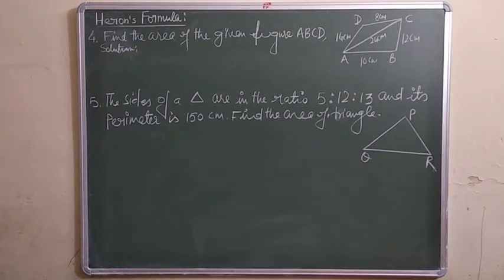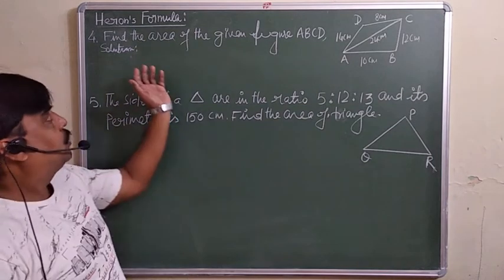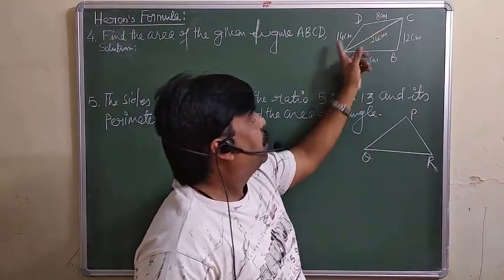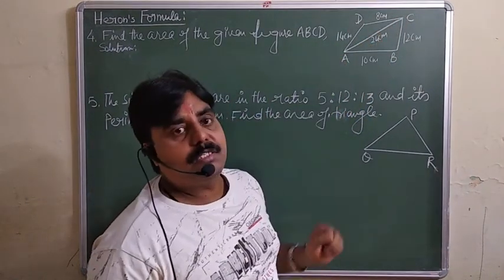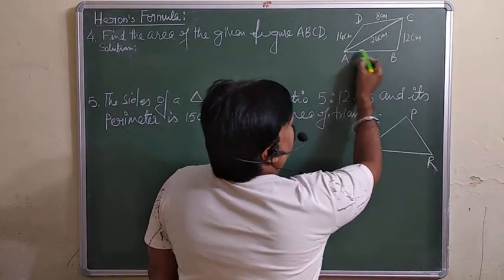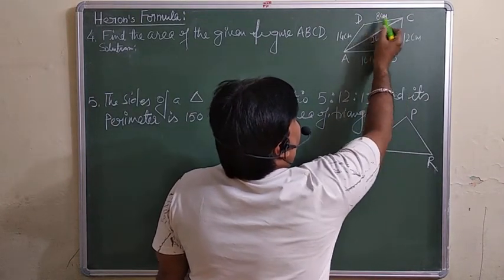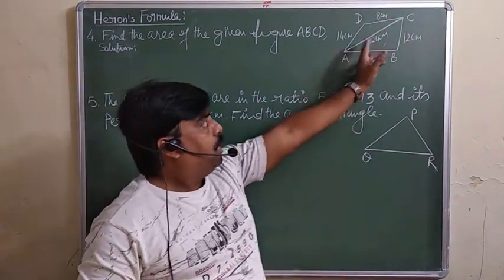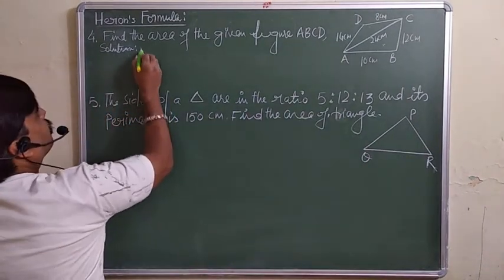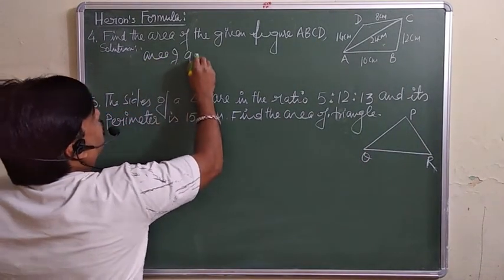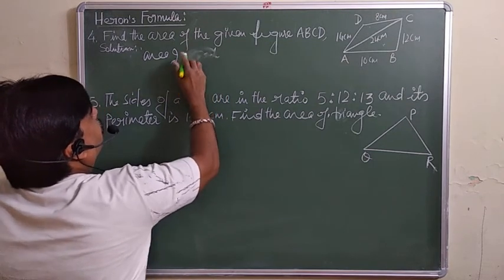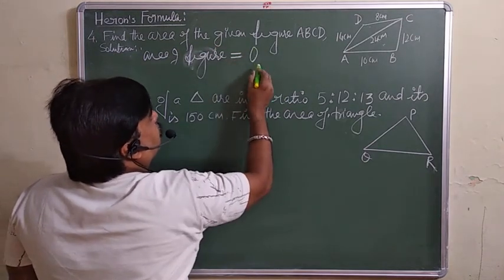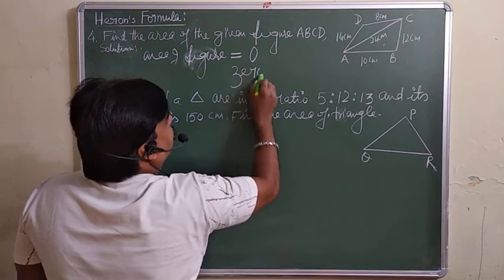Yes. Now the question is, find the area of this given figure, which is given as ABCD. This ABCD is a quadrilateral given here. We want to find out the area of this quadrilateral. So what we can do, we can calculate the area of triangle ABC and ADC, and add the area of both the triangles. You will get the area of the quadrilateral ABCD. So what will be the area of this figure, which is given in the form of the quadrilateral? The answer is 0. Area will be 0.